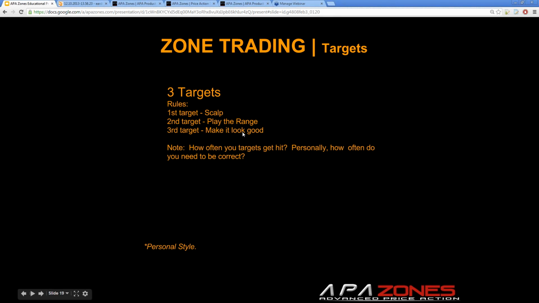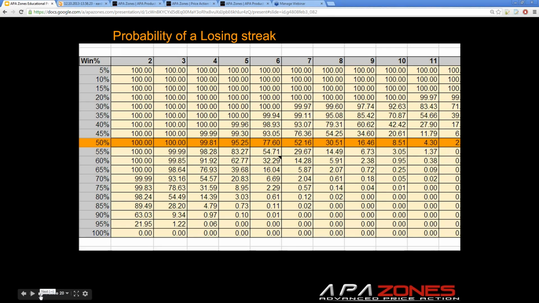Now, your style may be different than mine, and that's totally fine. But if we can gain context from the zones, now we really have a good understanding of what we're looking for, and how to scalp and play the range, and really run with the trend if the trend develops. That's what I'm looking for. And I know a lot of you here are more experienced traders, so I'm not going to bore you with all this stuff, but